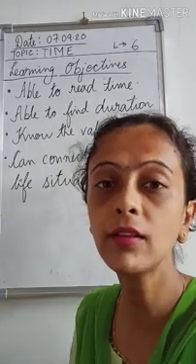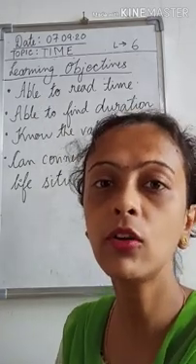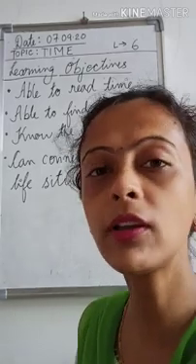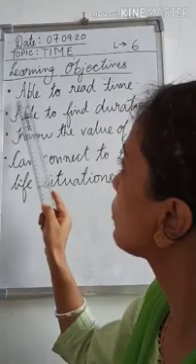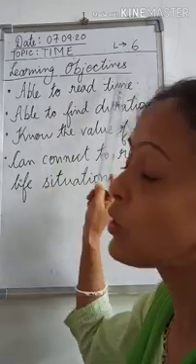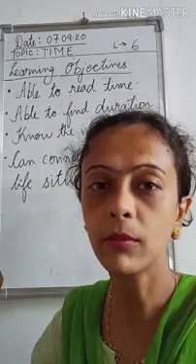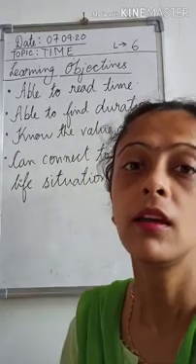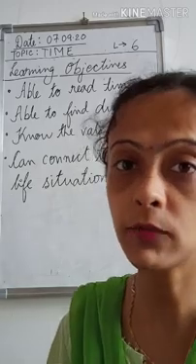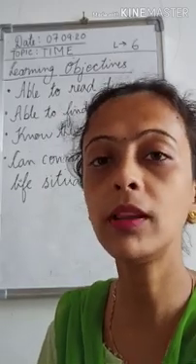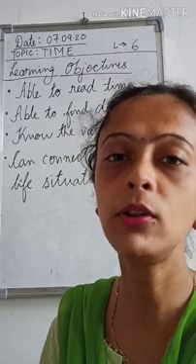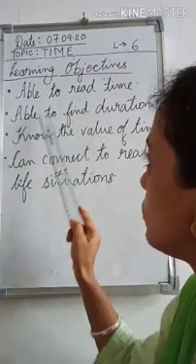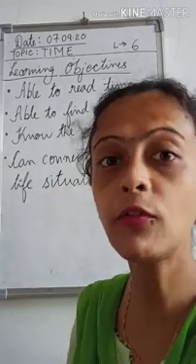We have already discussed what is time, how to read the clocks, how you can find out the time, how you can see from the clock and tell what the time is. So the first objective is to see the clock and be able to read the time. The next objective is to be able to find the duration. Duration means suppose you have gone to your school at 8:45 and you reached home at 3:45. What is the time duration from the starting time to the end time? To calculate the time duration, we need the concept of time.